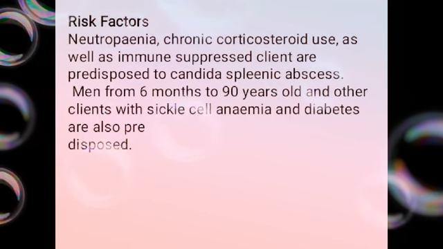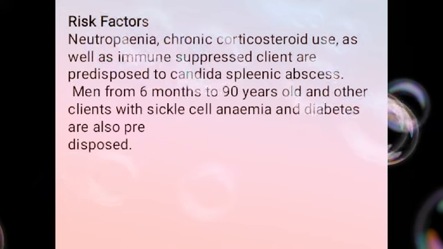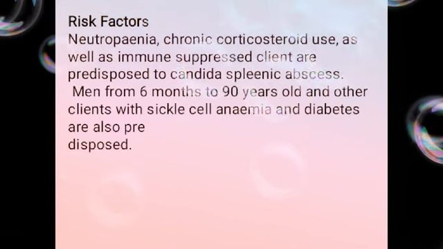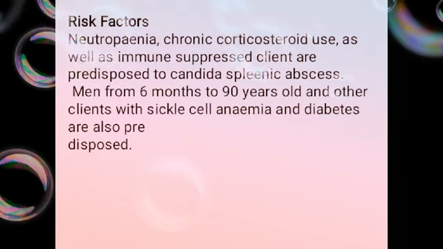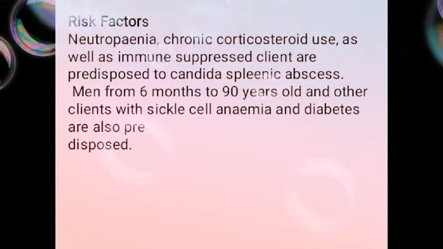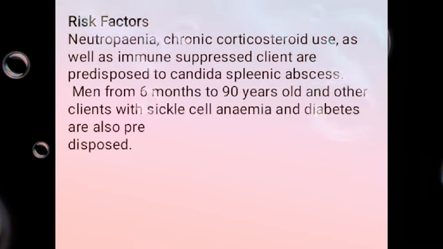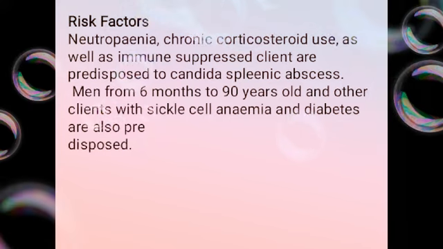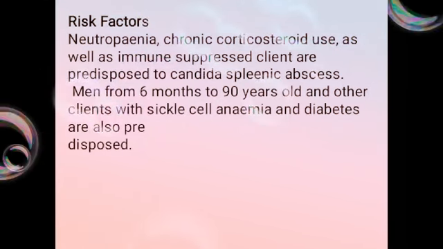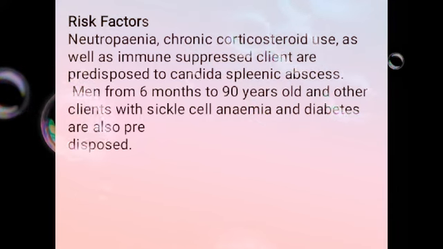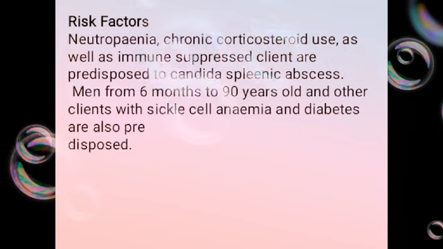over the spleen. Chronic corticosteroid use also has a negative impact, causing inflammation and making a person prone to abscess formation of the spleen, as well as immune suppressed clients due to some of the underlying diseases. They are also going to be vulnerable to the formation of an abscess. And men from 6 months to 90 years old and other clients with sickle cell anemia and diabetes are